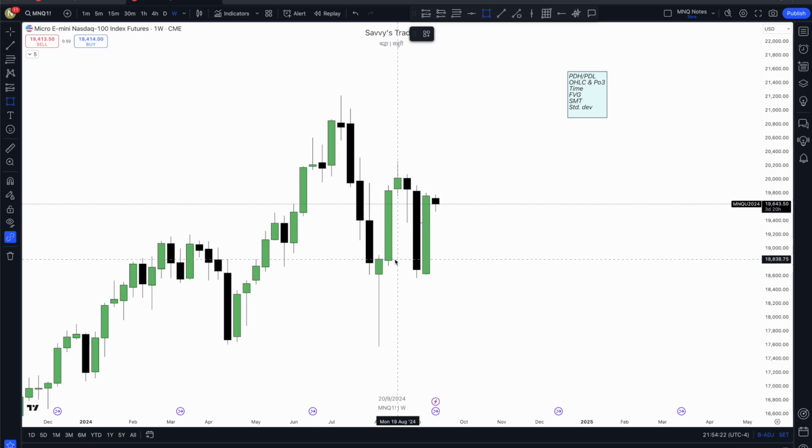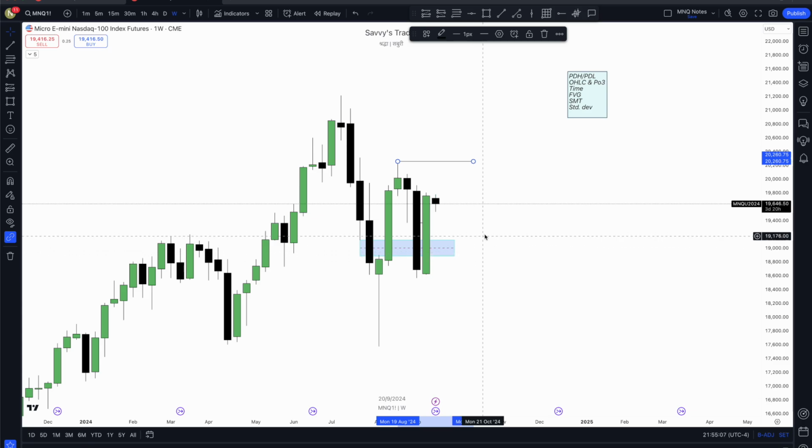Last week we closed pretty bullish, and you could see we inverted this balanced price range. I would say that we inverted again, because initially we had a bearish move to the downside, and then we had an aggressive bullish move. So looking at the price action, we are almost about to re-invert, I would say, this bullish BISI. So going into the week, I am bullish. I want to see this high to be engaged.